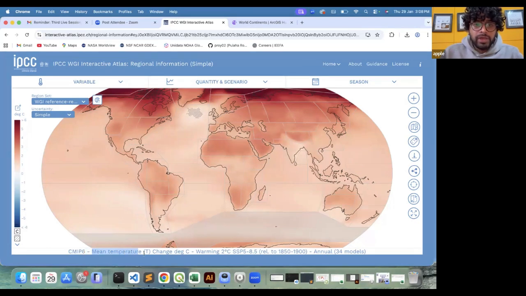The variable we are looking at is the mean temperature of the world. It's the mean temperature change. Sorry, not mean temperature, mean temperature change. Okay, so mean temperature change is a very important factor, and I'll come back to that why. So that mean temperature change is basically the 2 degree mean temperature change from the 1850 to 1900 average, and